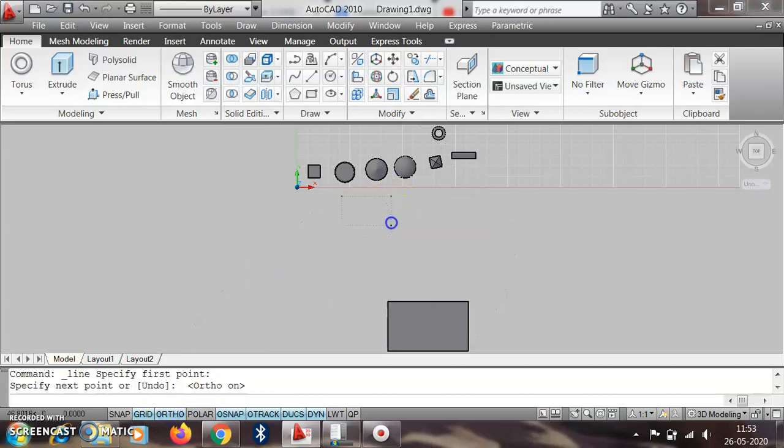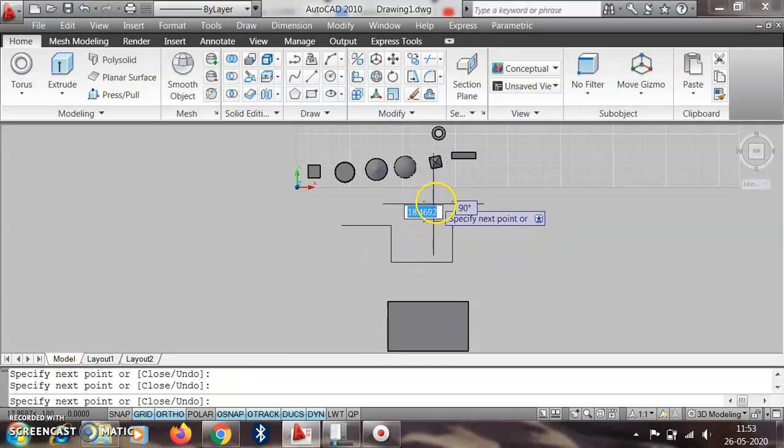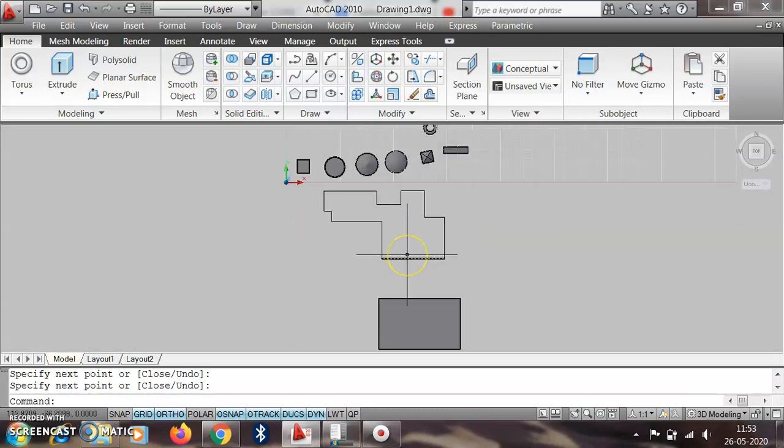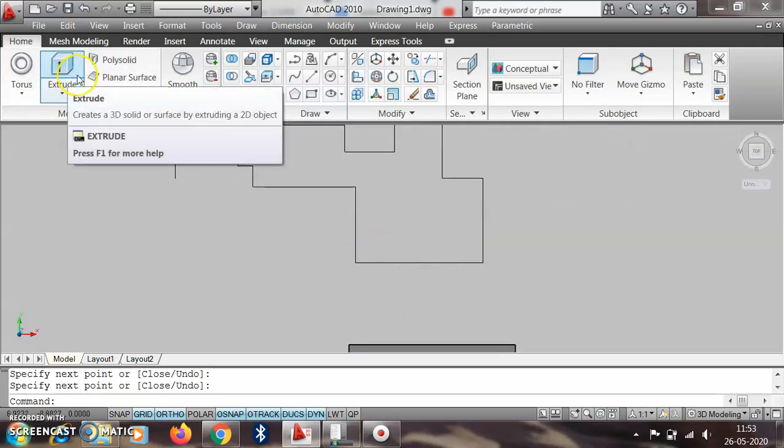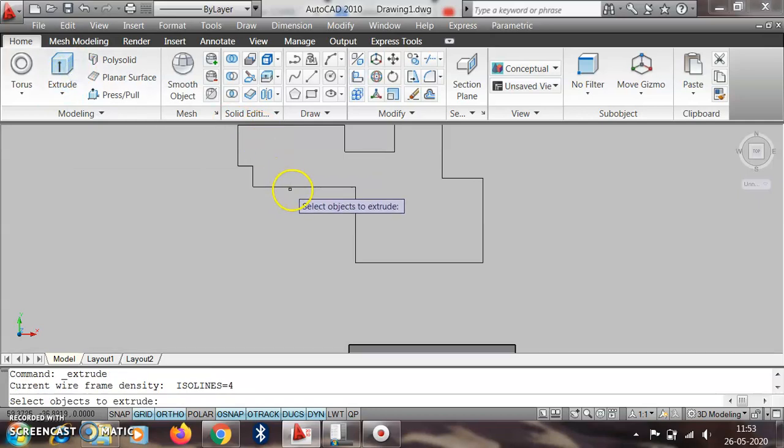Suppose this will be the command, and this will be the shape. Okay, enter.